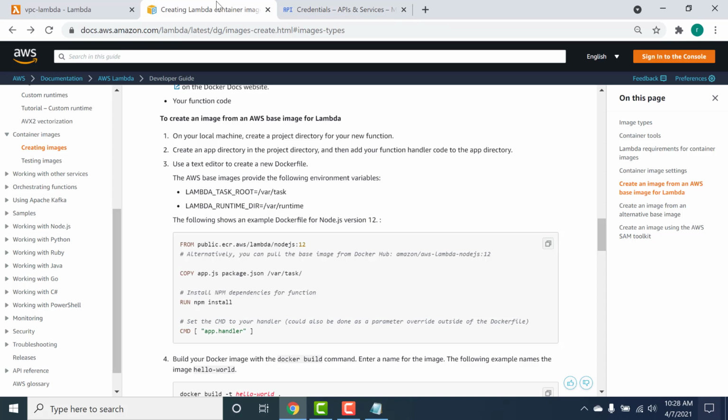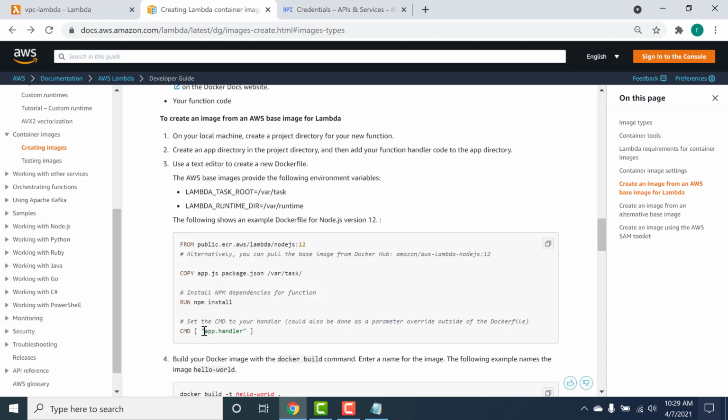I have a URL that shows how the Dockerfile needs to be created. It has to fetch an image from this particular path. This is the base image from which we are going to build our Docker image. Apart from that, we'll just be copying the app.js and the package.json, these two files that we've created. We'll be running npm install, and then we'll be running the handler.